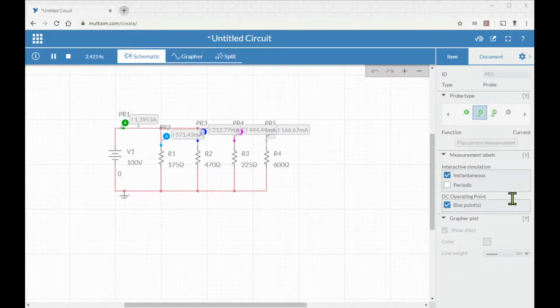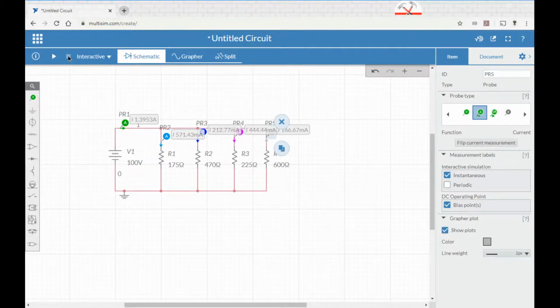So Nick says, why is it measured before the resistor? Oh, okay. I can address that. I'm going to go ahead and hit stop here. Okay? So he's saying, why are you measuring it before the resistor? I could measure it after the resistor too. Okay? And if I go ahead and hit play,